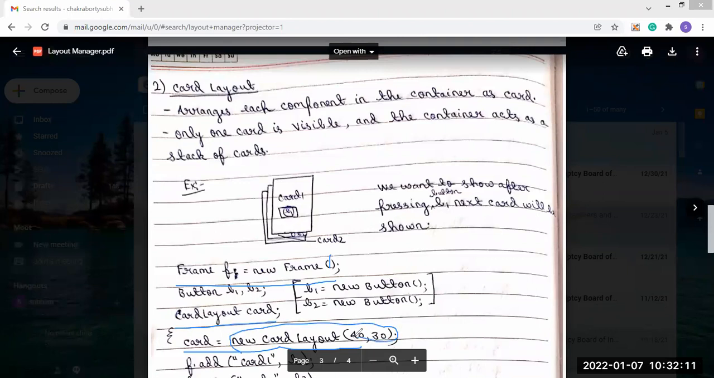This is the object we are creating here. And you see we are passing 40 and 30, that means it is the size, int width and height. So the width and height of the card layout will be 40 and 30. Now what we have to do is add the cards,